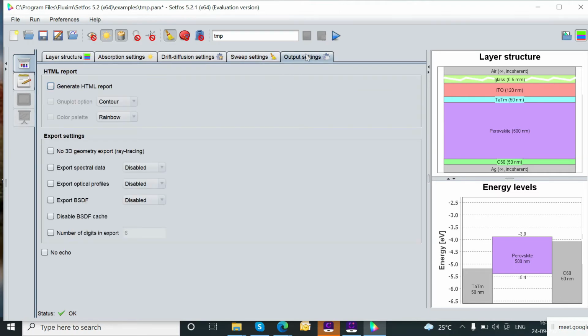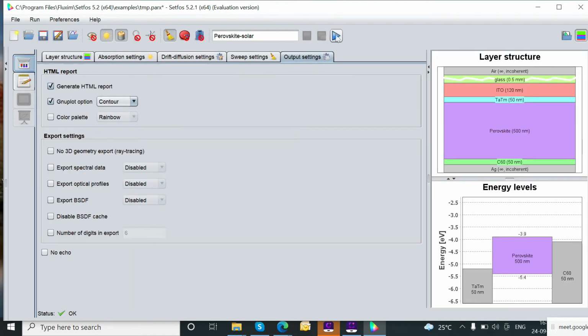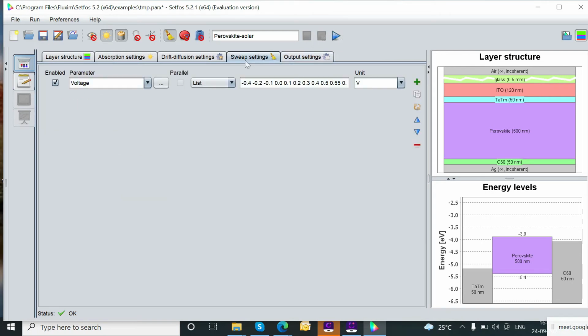Now if there is some problem, then it will give you the notification about invalid swap parameters. Now the status is showing OK.